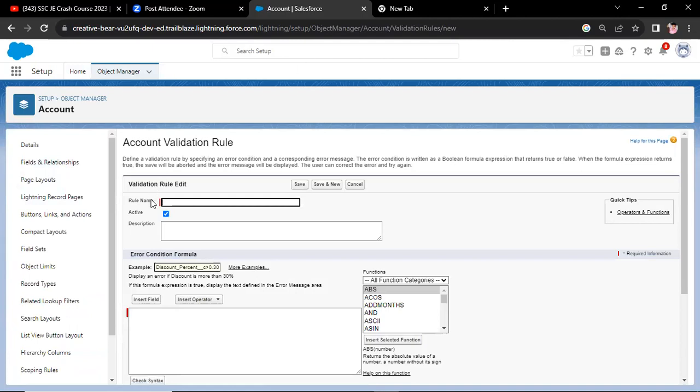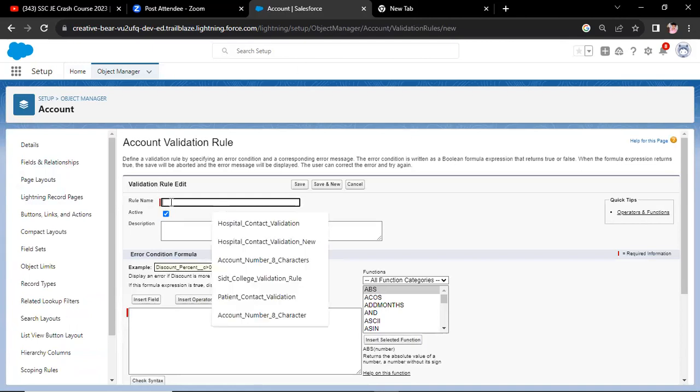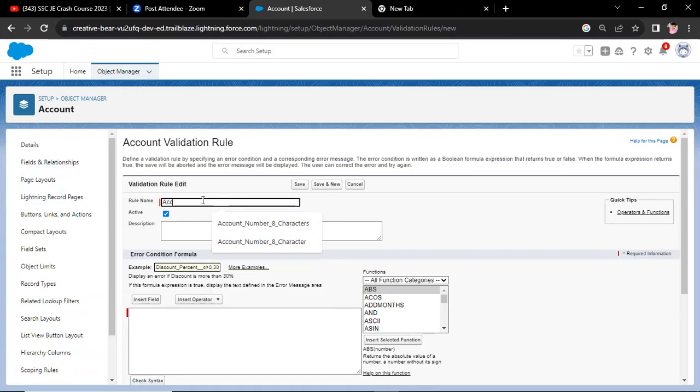Rule name. I want to go for Account_Number_